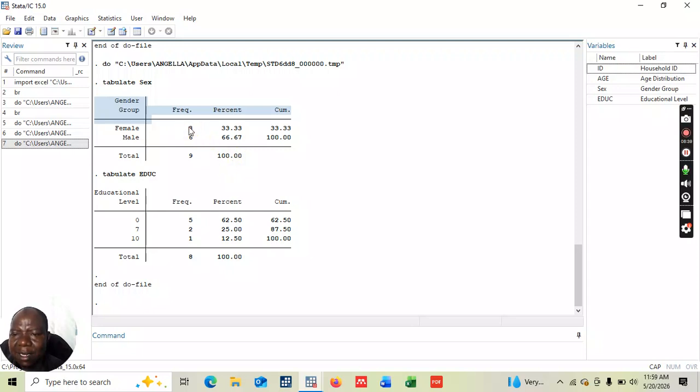So here we have 9 female and 6 male on the sex category. For education, we have level of education 0, grade 0, grade 7, and 10. 0 usually implies that in the total sample, we have 5 respondents that have no education or have a pre-educational